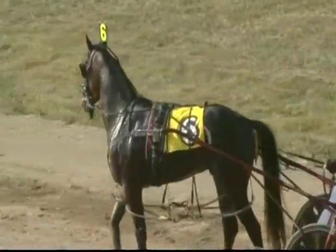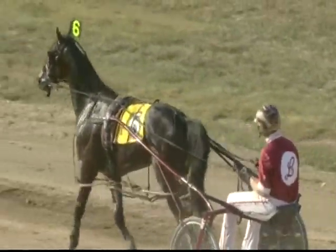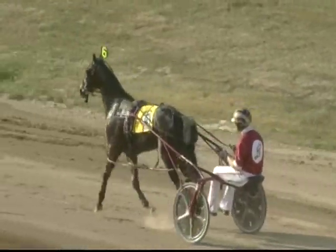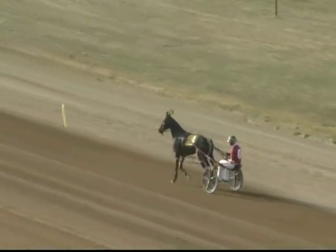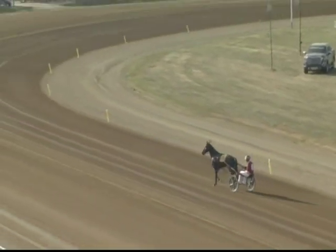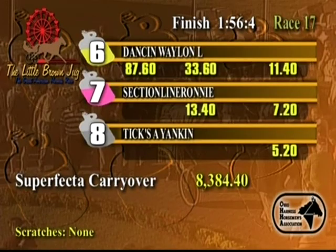Dancin' Waylon L was dancing today, and there's nothing better than to see a family affair, small stable, win on Jug Day, and a huge upset today. We've seen a couple of these 3-wide sweepers win today, but that's because we've had some incredibly fast fractions. It was 26 and 3 there to the quarter. That took the sting out of some of the leaders there,